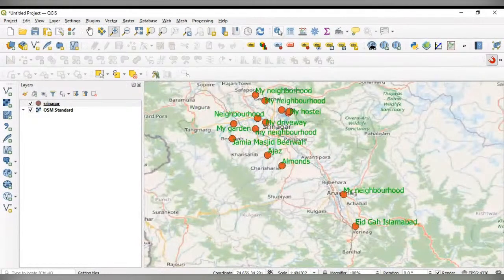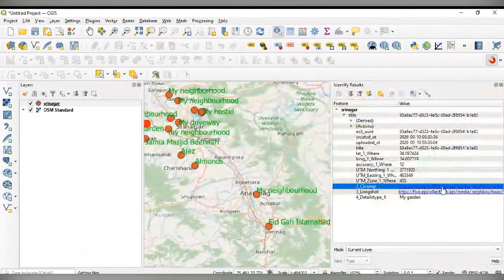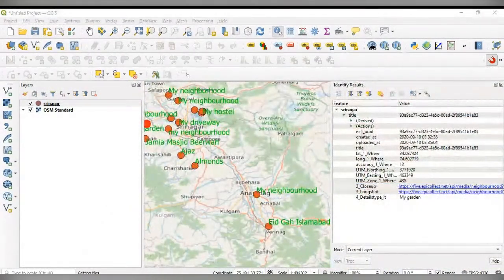So we'll see the garden here, my garden. It won't show. Your browser is not showing. Achha, browser is not showing. Okay. It's okay. It will open in the browser. That's all.